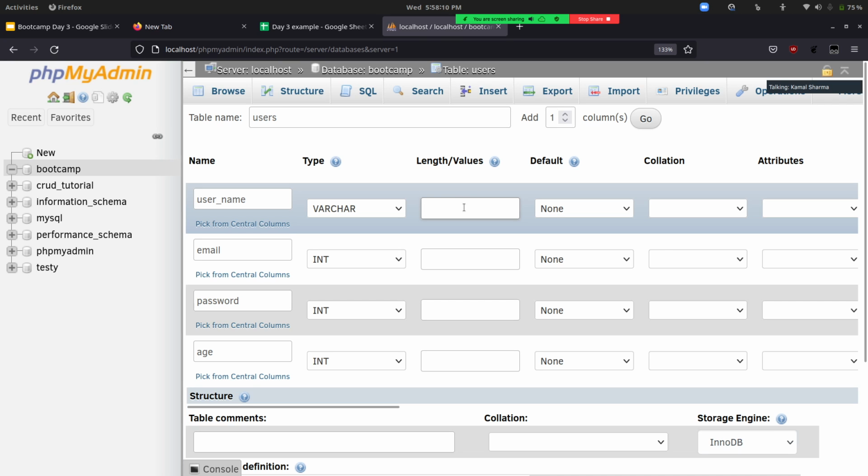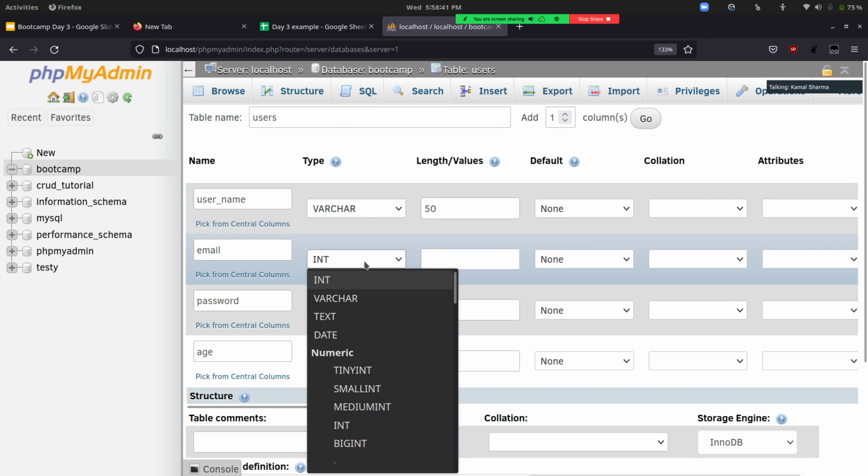So I'll just give length or values. Like if you use C or C++, while you're working with strings, you'll be specifying the size of the string, like in array notation. In a similar way, here also you have to specify the maximum length that you can store in the name. So I'll just say 50 characters I can store. 50 characters in the sense that E is one character, M is one character, A is one character, like that. Like that, 50 characters I can store.